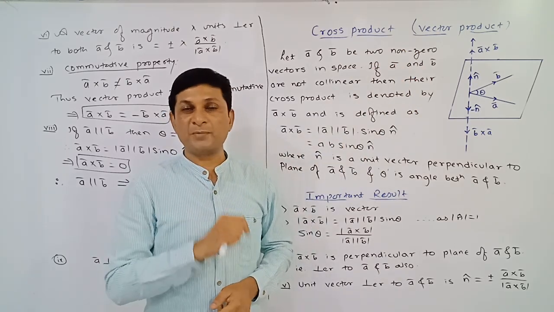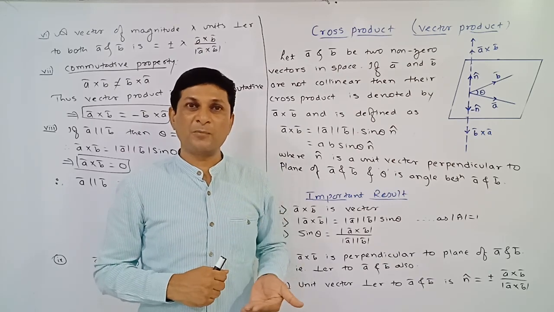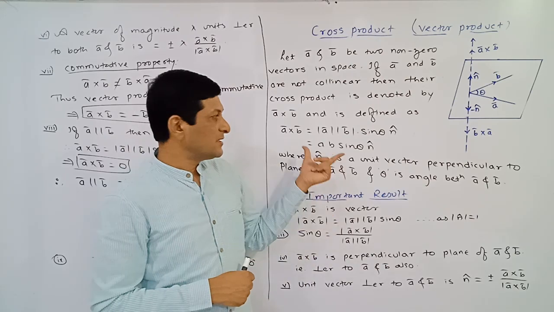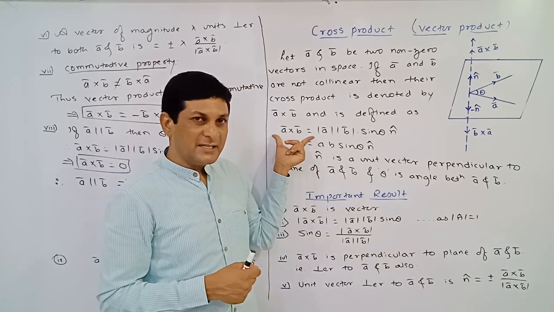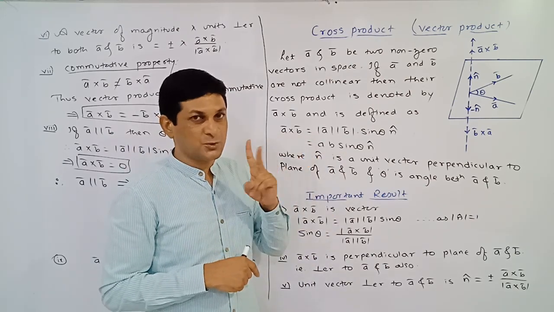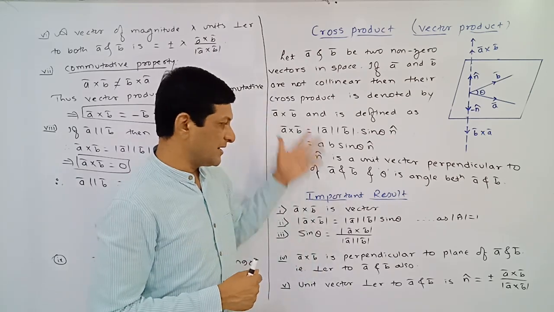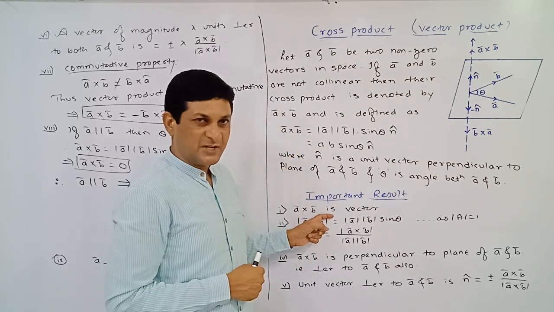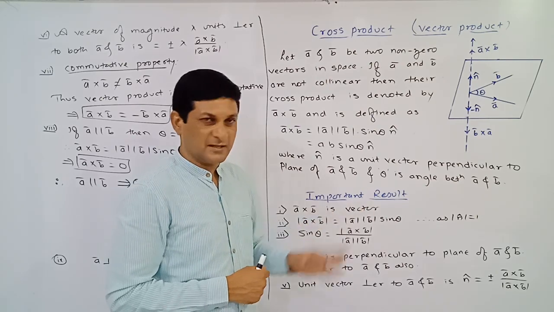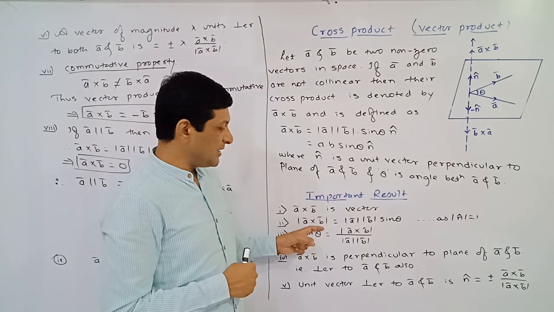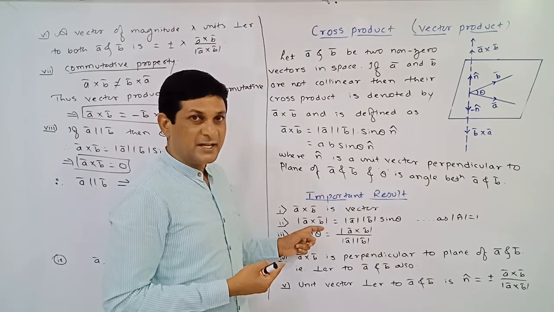And in case of dot product, what have we seen? Dot product of two vectors is a scalar, means it is a scalar quantity. So here, since a bar cross b bar is a vector quantity, it has two things, one is magnitude and another one is what? Direction. So here we are getting an important result from this definition, that a bar cross b bar is a vector, means cross product of two vectors is a vector quantity. Now since it is a vector quantity, it has magnitude.